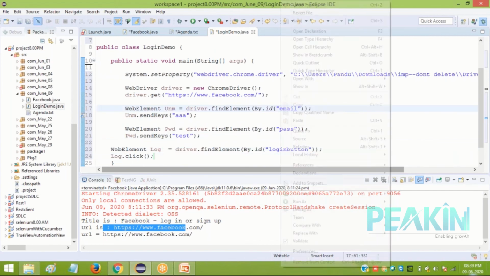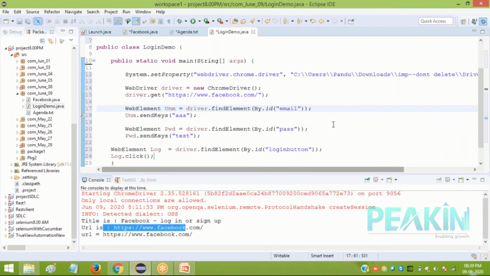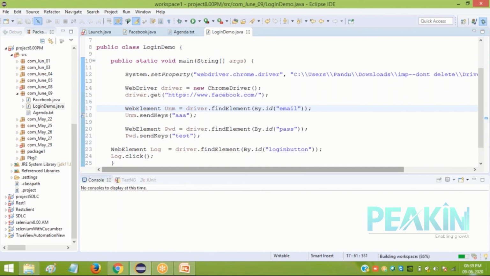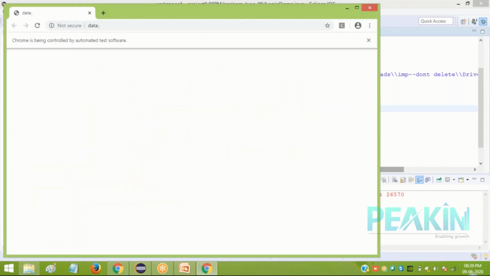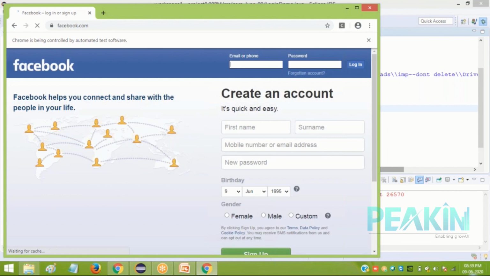Okay, we'll run this. After loading the page, it will find the email text box, enter the data, login, clicked.